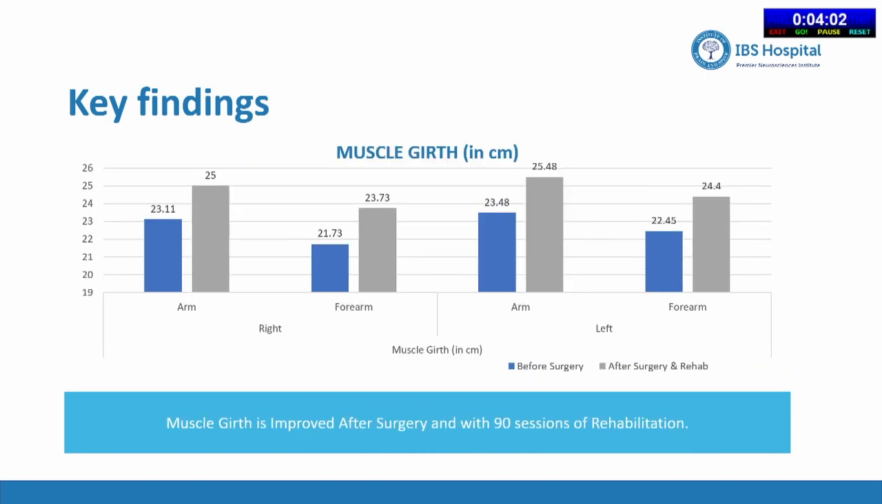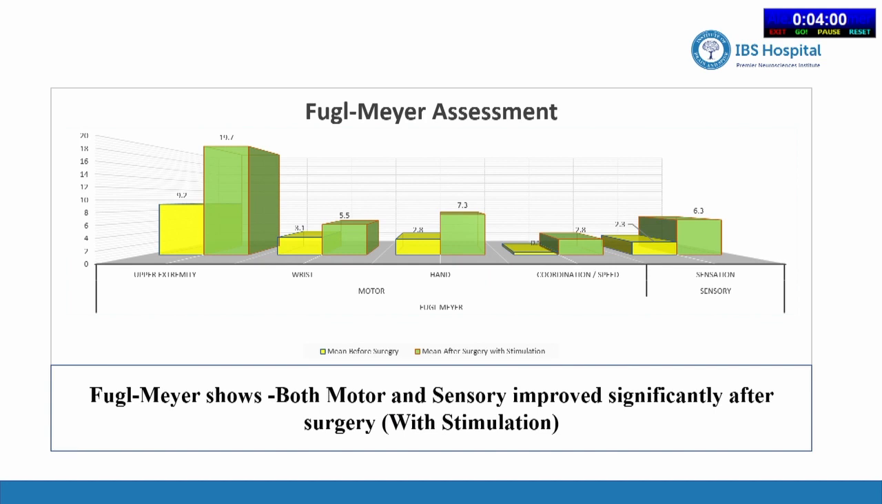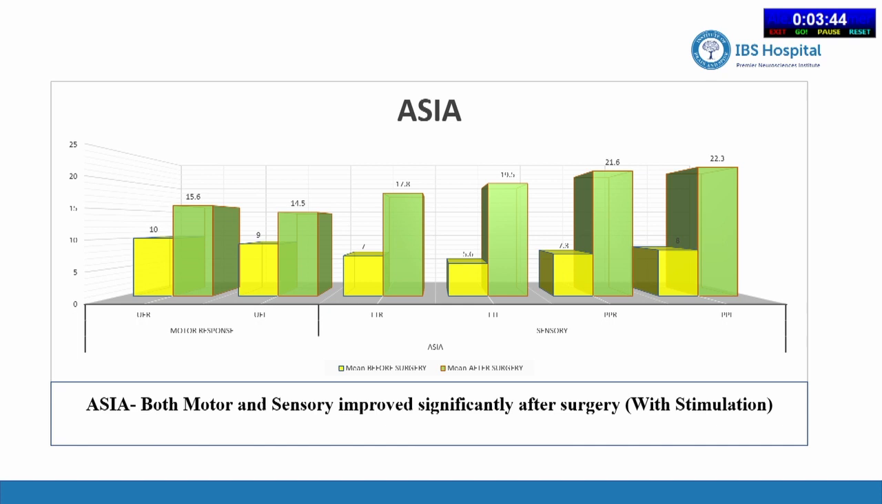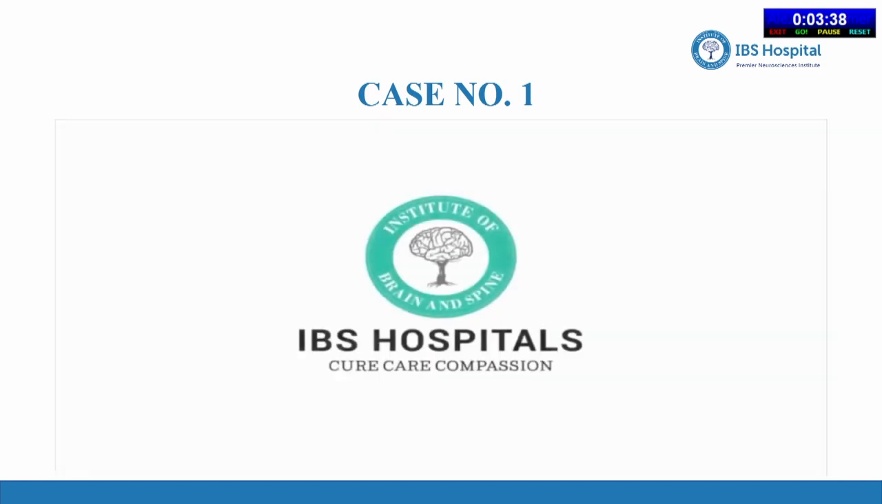Muscle girth increased in every muscle group. In Fugl-Meyer is the most interesting improvement. Upper extremity from 9 to 19, wrist, hand, and the most important is that we are able to get the fine motor skills back as well, which is the most challenging part in cervical spine injury. ASIA scoring with the stimulation on shows increase in every muscle group. So this is